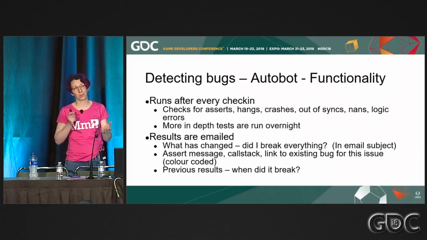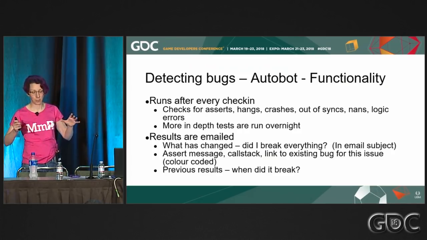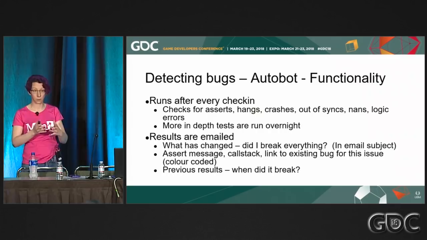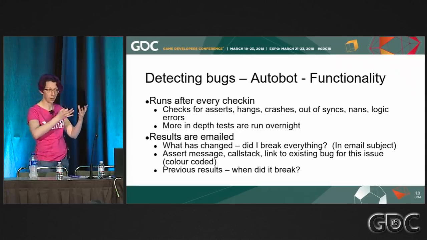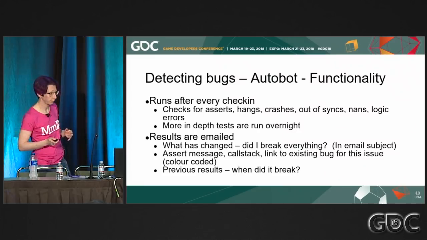So it takes between 10 and 20 minutes to run our smoke test. We found that keeping it under 20 minutes is the sweet spot between making sure that you get enough coverage, but also making sure that you're not rolling too many revisions into each test, so you can easily tell which check-in broke something, and also making sure that programmers get immediate feedback on the stuff that they've checked in, because you want your head still to be in the same space of the code that you've just checked in when you go back to fix something if there are issues with it.